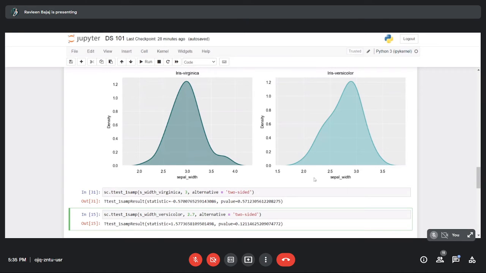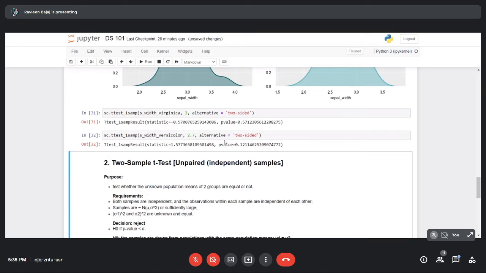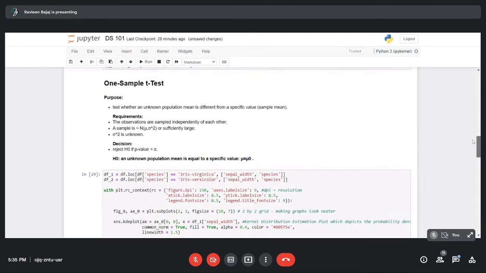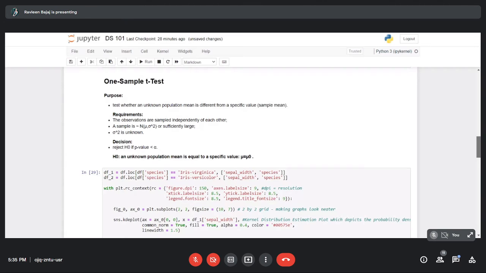Two-sided simply means that the p-value from both the corners of the normal curve will be considered. We run this command and we see that here the p-value is 0.12 and the statistical value is 1.57. So since 0.12 is less than 1.57, according to our given condition, we reject the null hypothesis because